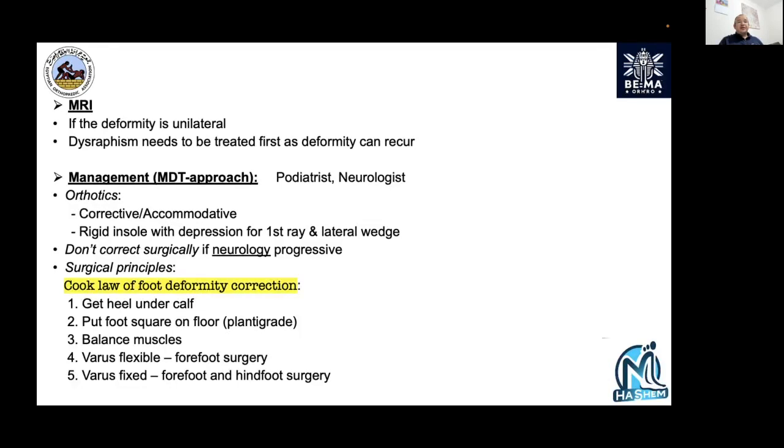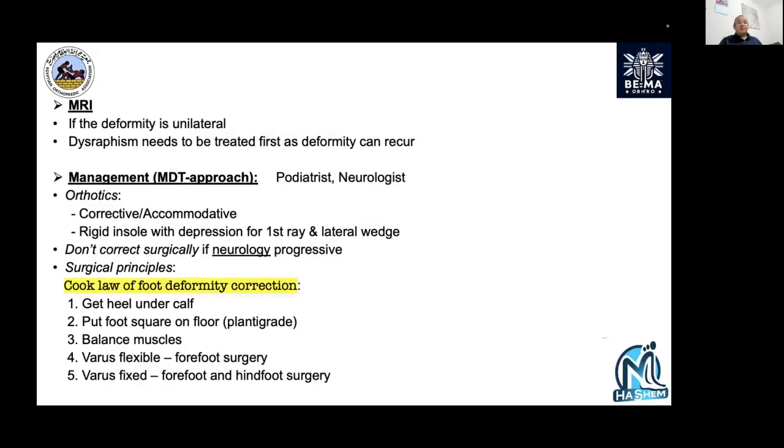We have a few principles you need to understand by heart. Number one is the Coleman law of how to correct a foot deformity, and this applies to all foot deformities, especially cavus. Firstly, you need to get the heel underneath the tibia. You need to have the foot plantigrade, and to get the heel under the tibia, you have to do one of two: either lengthening of tendo Achilles, or a shifting or displacing calcaneal osteotomy,